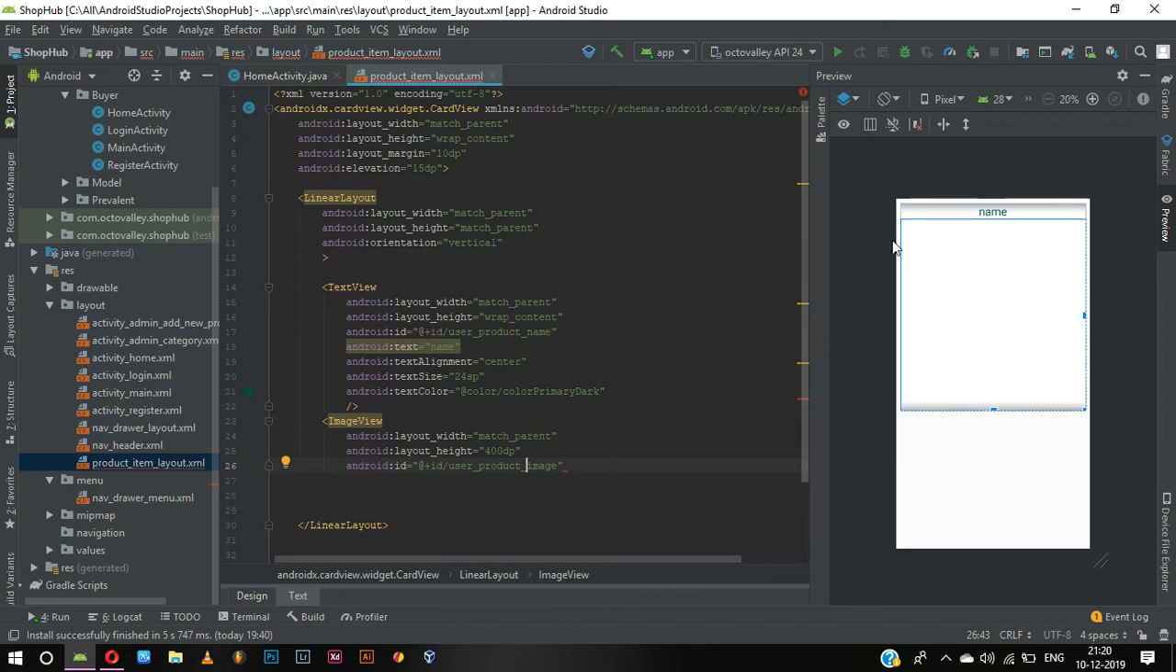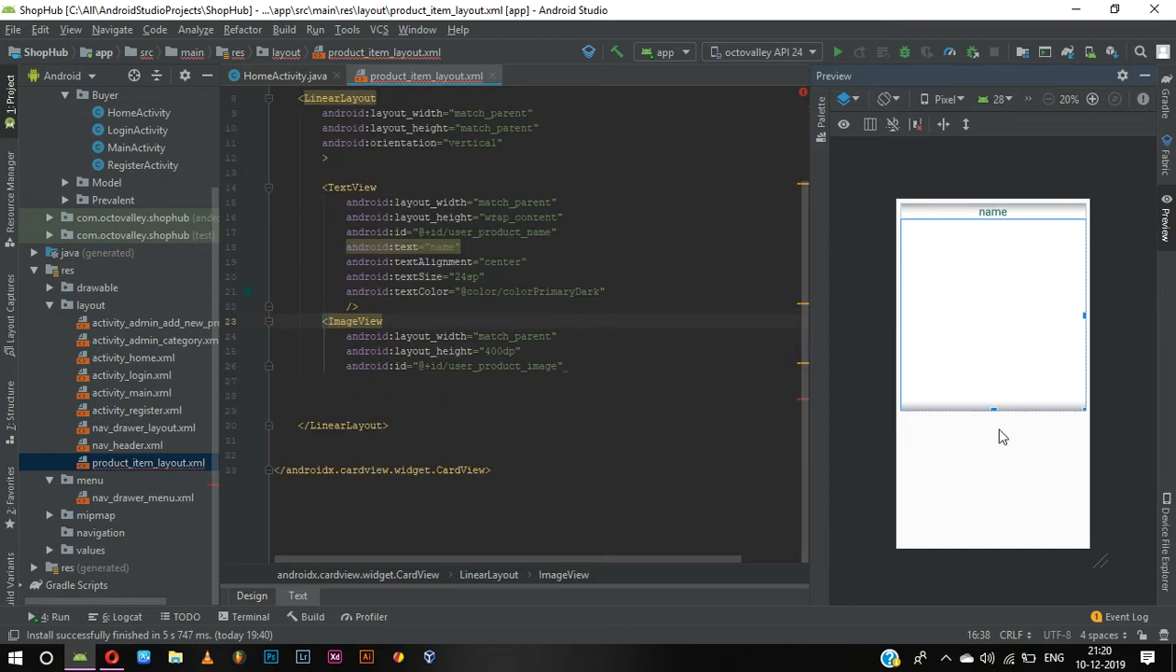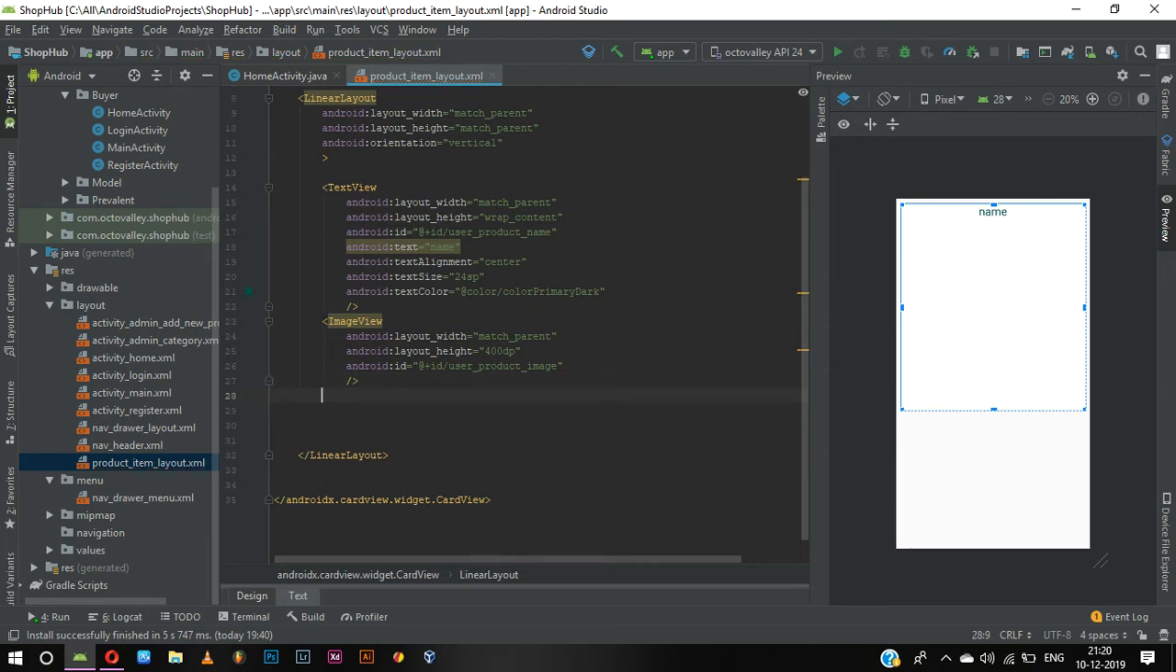So for image view it is only this much, and for linear layout it is whole, and for text view it is small, and this is image view. It is 400 dp, and now for image we need not display any image right now at first. I think that's it guys for image. Yeah, that's it for image, and now we can copy this text view